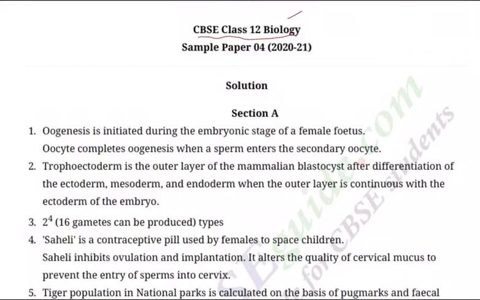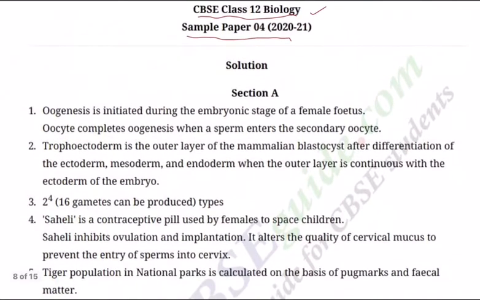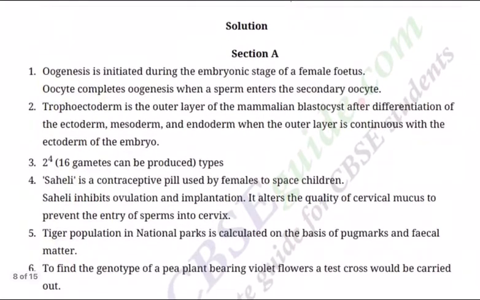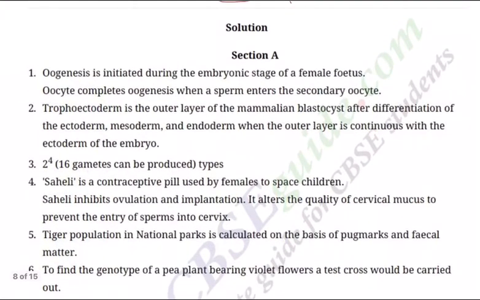As we all know that we are into the revision mode, and this time around we are revising in the form of CBSE sample paper. Already we have discussed 3 sample papers, and we are going ahead with sample paper 4 for your 2021 batch. Yesterday I had given you questions of section A. Now I am giving you answers for the same. Verify the answers that I am giving with the answers that you have written.